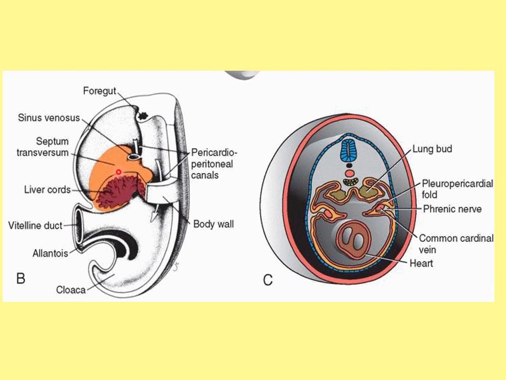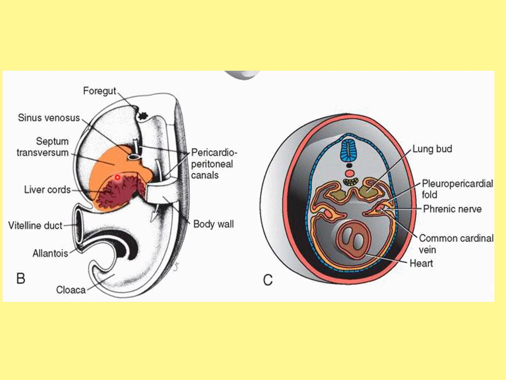But here actually this is a partition which is initially present between the pericardial cavity above and the midgut below. That is the area of midgut, which is showing you this connection of the midgut in the umbilical cord through the vitelline duct. So in between this ridge is present. So later on, when there is a development of the liver, then this septum transversum is responsible to separate the heart above from that liver below. So that's how it is making a partition here between the abdominal cavity below and the thoracic cavity above. So this is the septum transversum.